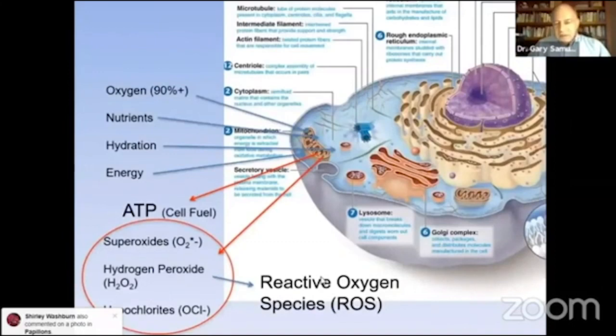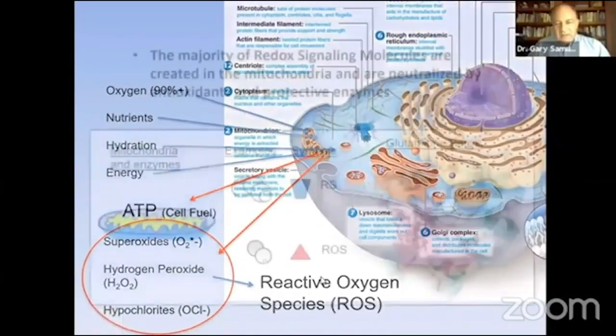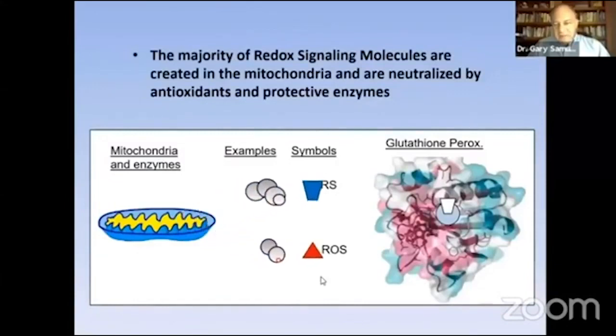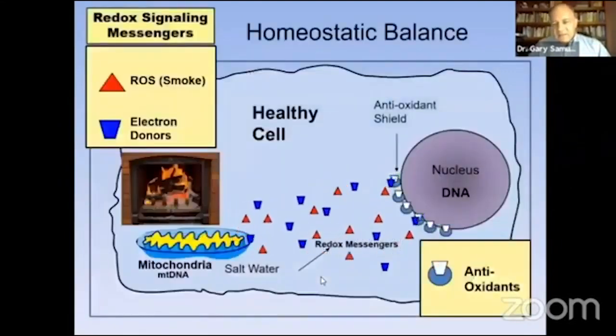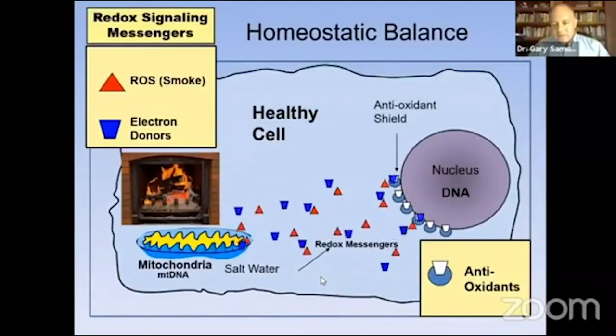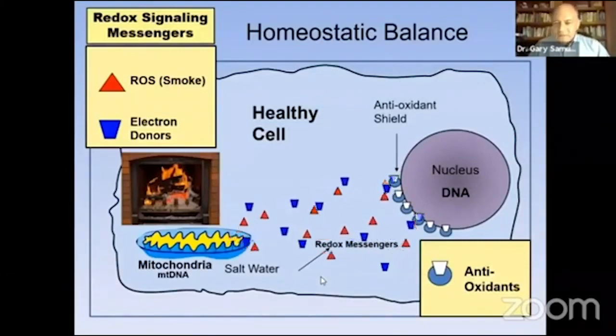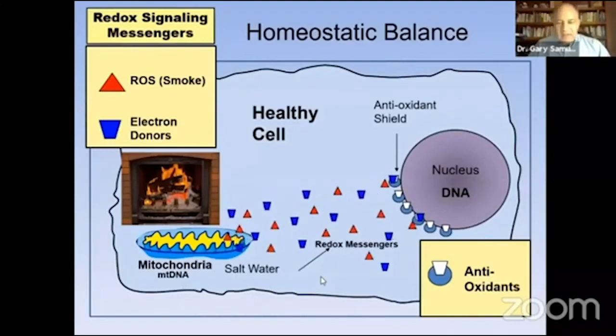Most of these are produced while the metabolism is producing sugar and creating superoxides and such. These are being created by the mitochondria, and then they're being eliminated by the antioxidants. Inside the cell, there's a continual process of creation and elimination of these redox signaling molecules. Some of you have seen this before. And that's wonderful because the mitochondria is producing energy. It's also producing these things, and it's keeping in a homeostatic balance all of the oxidation inside the cell